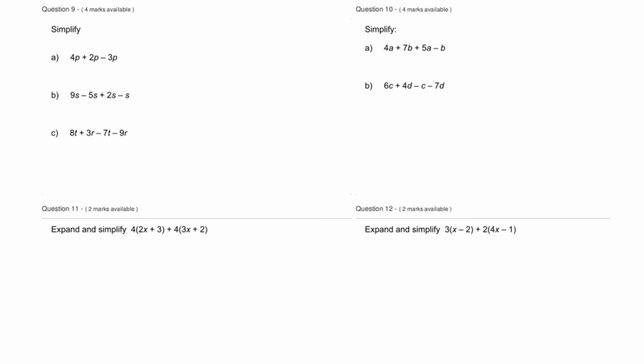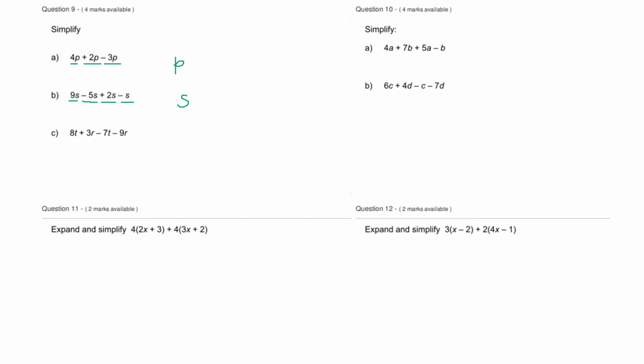Question 9, you're going to do 4p, add on another 2p, and then take away 3p, so you end up with something p. Then on B, you've got 9s, take away 5s, add on 2 s's, and then take off another s, so you end up with something s. And then for C,